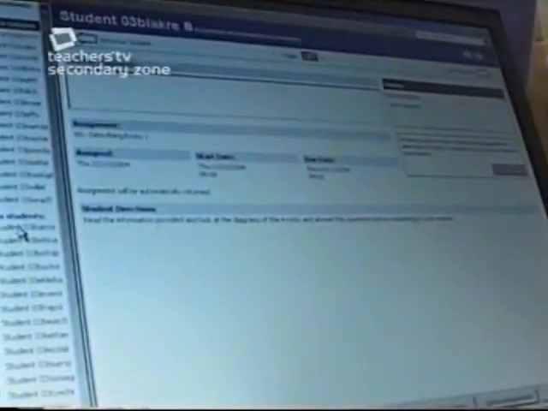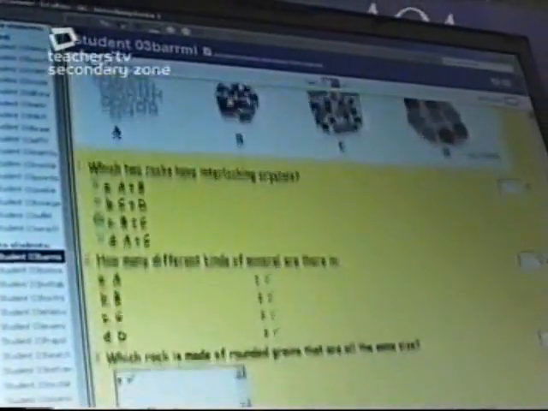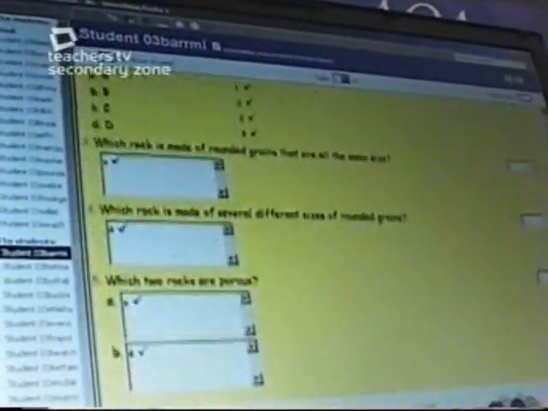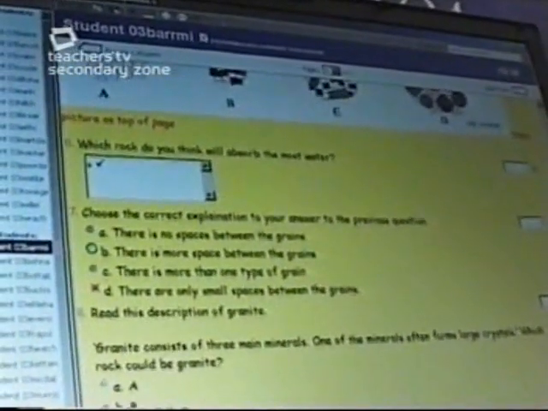Once they've completed it, what's brilliant is this particular one, they get instant feedback on their marks, how well they've done. So they will log on at home, complete the task, and then it instantly marks it. I can bring up the marks that they've got, and I can look to see which questions they have right or wrong, and I can add my own comments about the quality of their work.